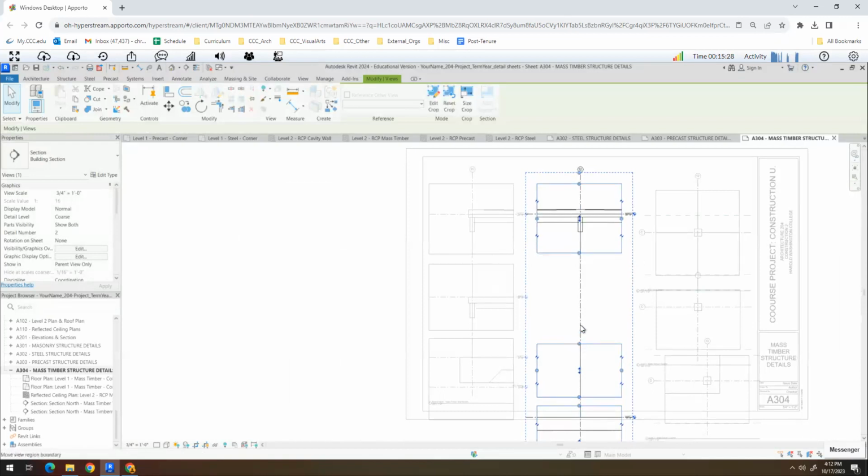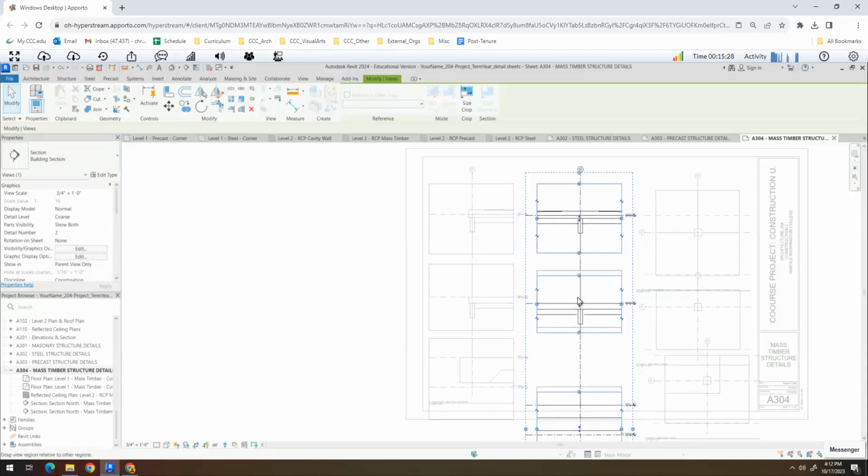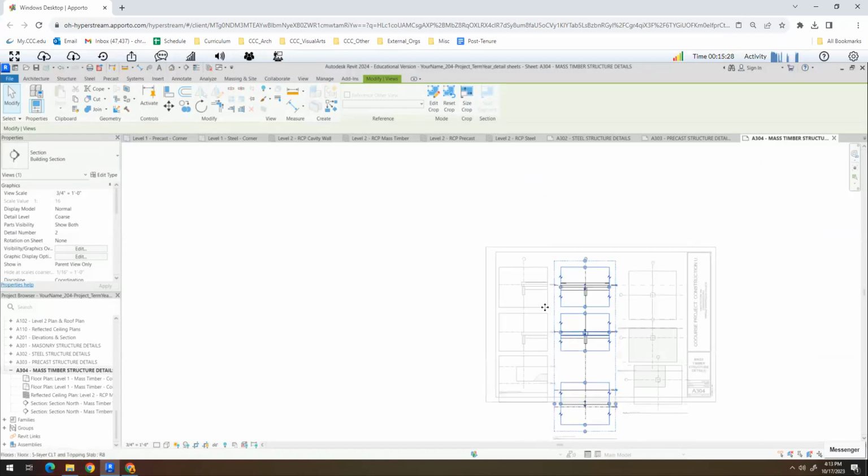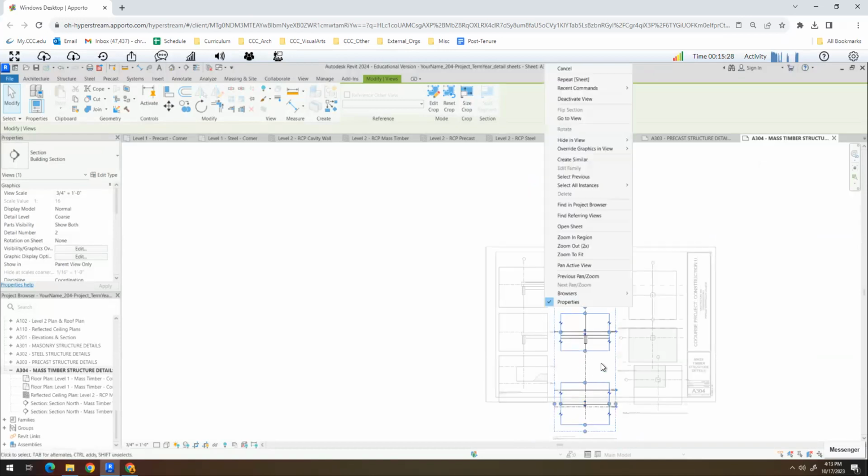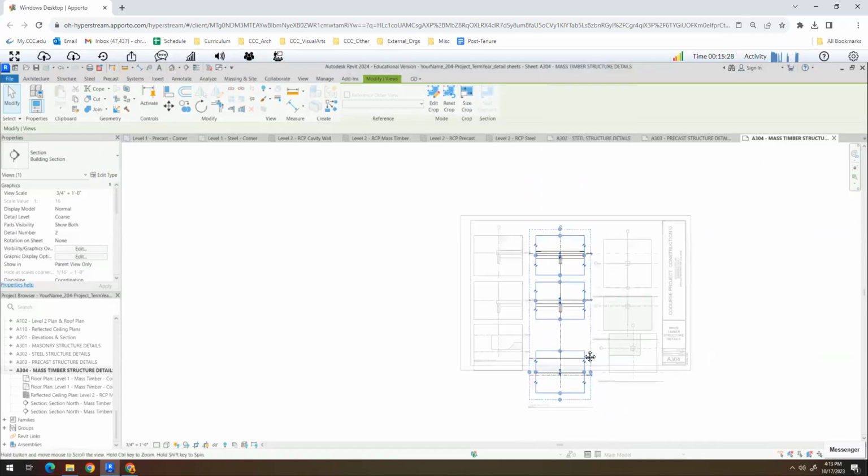This one here. Again, I'm trying to align them across. And for this last one at the bottom,